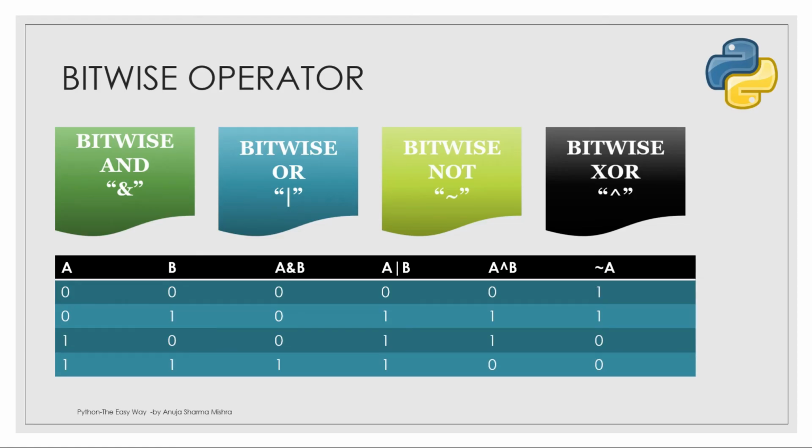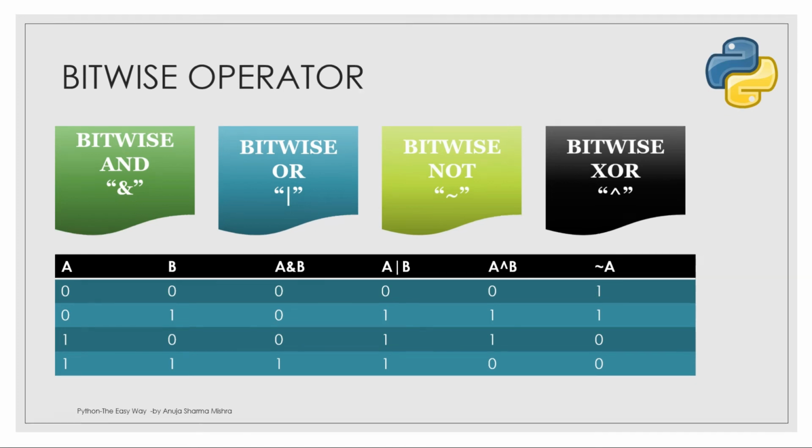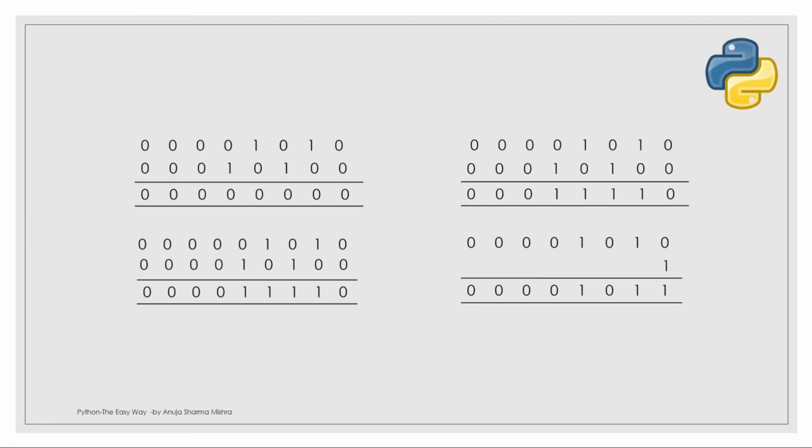So the next set of operators are called bitwise operators. They are just similar to what we did in logical operators like AND or NOT. The only difference is here we are talking about bits, the binary system. So when you want to find bitwise AND between two numbers, they are first converted into binary numbers, and then according to the truth table given here, the result is calculated, and then the result is again converted to a decimal number and you find the result. So I'll just show you with a few examples.